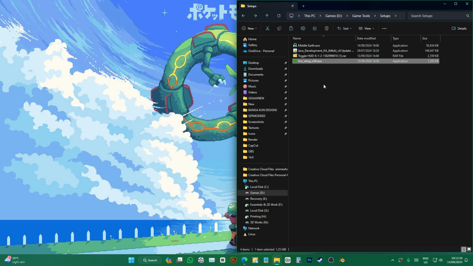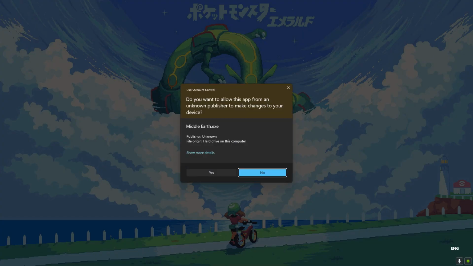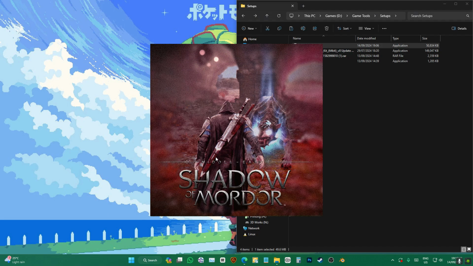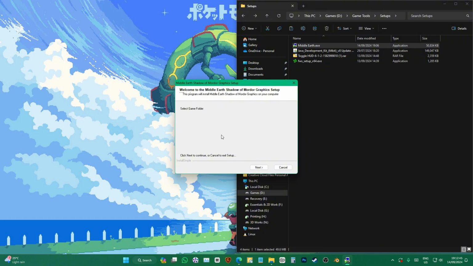To get started, I'm gonna show you how to install the graphics mod that I made. All you have to do is open up the setup and wait 3 seconds. After that, select the game folder. So next,